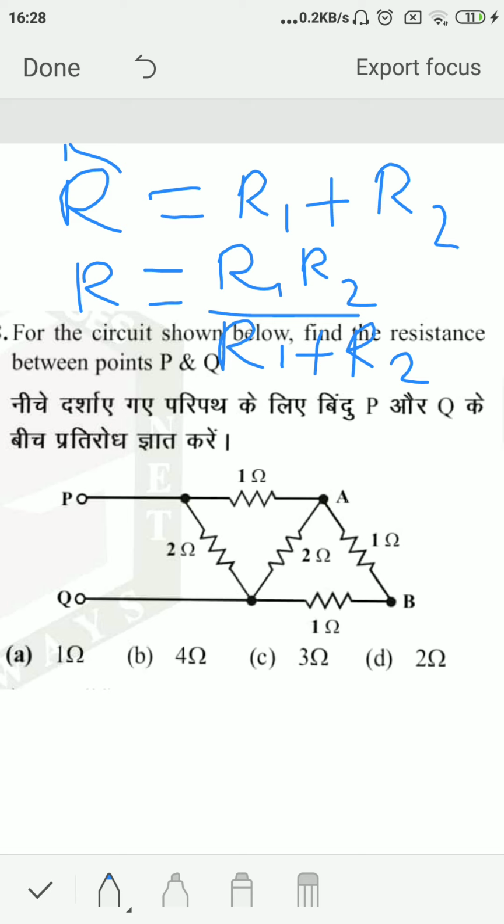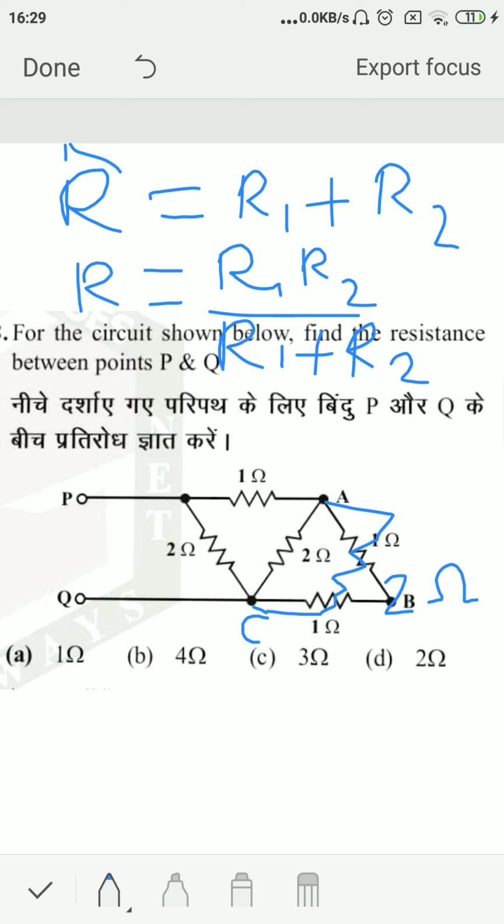As you know from basic 10th standard, here you can say this is point A, this is point B, there is a 1 ohm resistance, and you assume this is the point C. When you talk about AB resistance, AB and BC are in series. So what will the equivalent resistance be? 1 plus 1 is equal to 2 ohm. Then you can say there is a 2 ohm resistance connected across AC. So now across the AC there are two resistances of 2 ohm each.